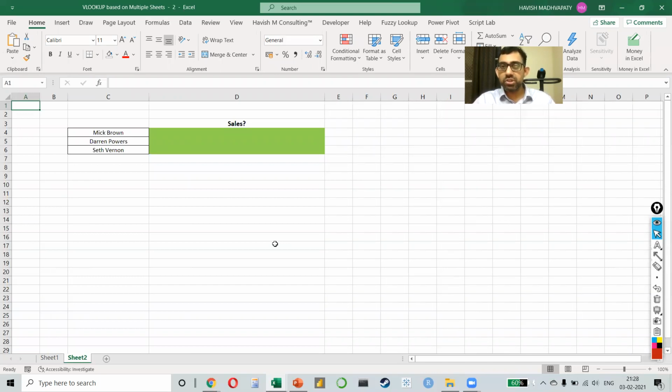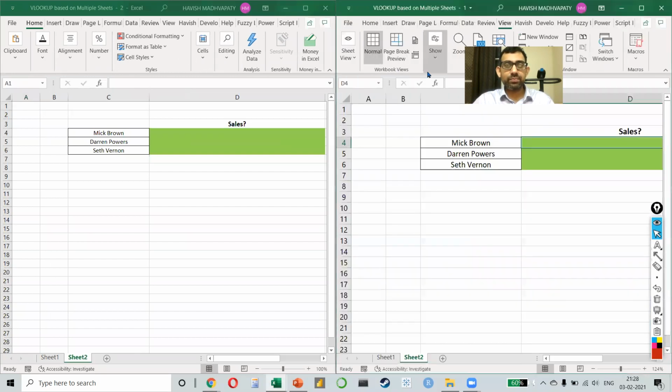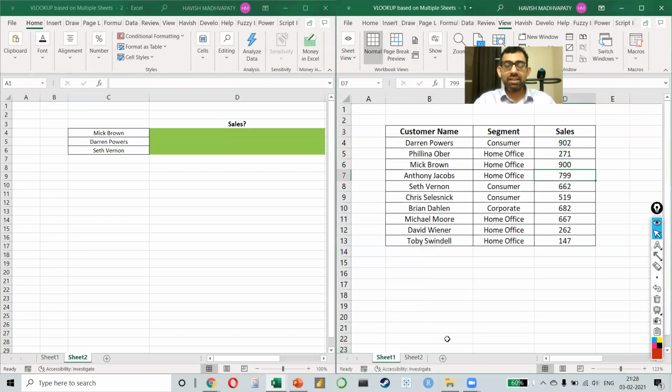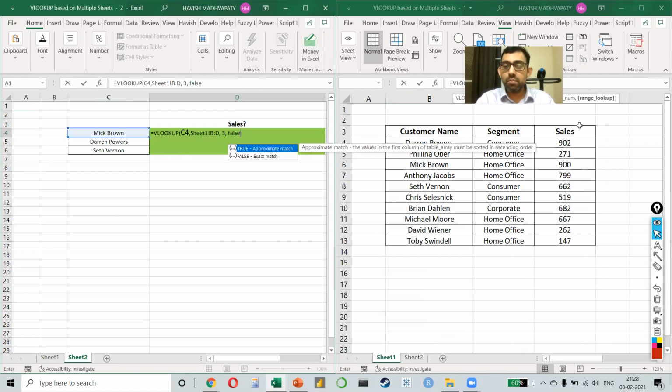So Alt Tab is one option, but even better, you can just drag the window like this to the left corner of your screen and then select the other Excel file. And this means that I can have sheet 2 open on the left side and sheet 1 open on the right side. And I'm sure all of you will agree with me that this process of being able to write a formula while you're able to select the data from a different worksheet is so much easier compared to all the other options that you have.